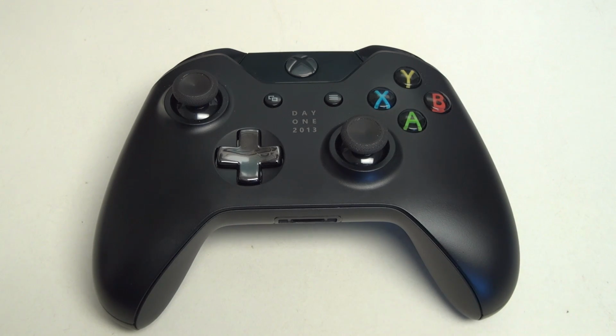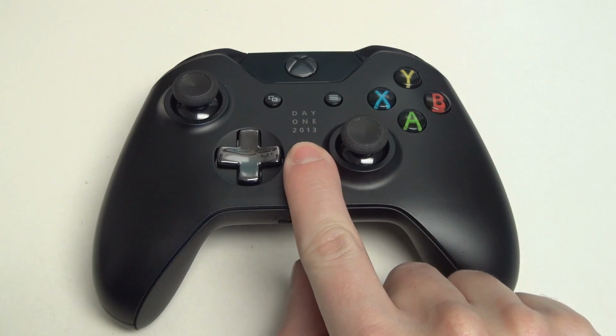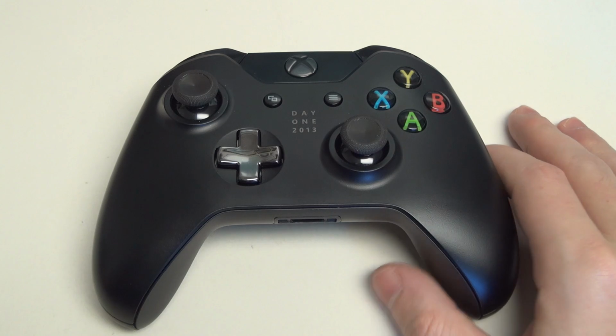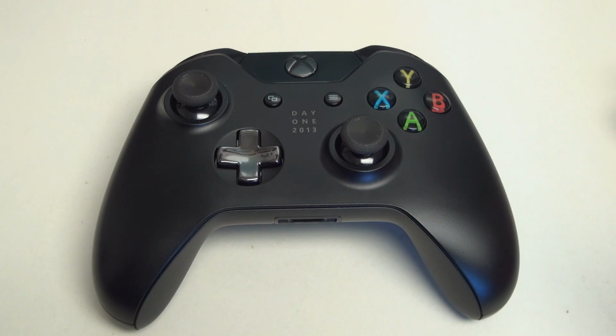Microsoft Xbox One. Now, I've had this console since launch. You can see my controller, Day 1, 2013, and that's because I did have a Day 1 edition console, at least until I had to exchange it because it was dead on arrival. And I did a video on this back when the console actually launched, and I had that problem, that first one, and discussed with all of you the Advanced Replacement Program, which isn't a new program by any means, but